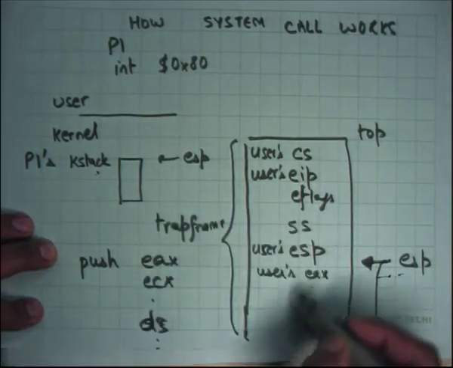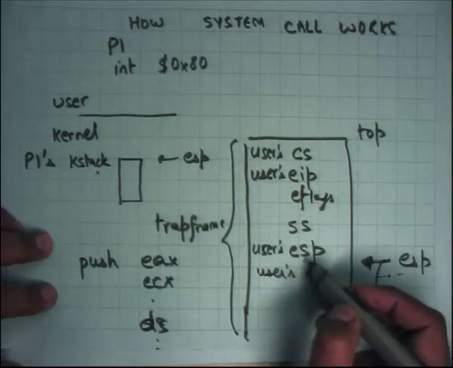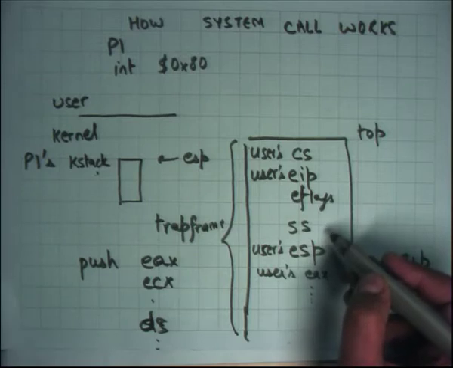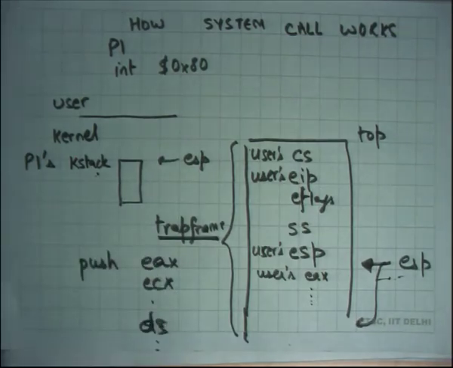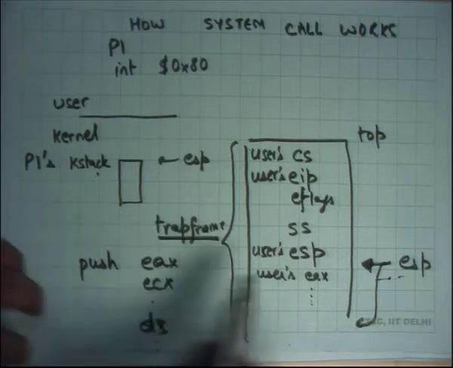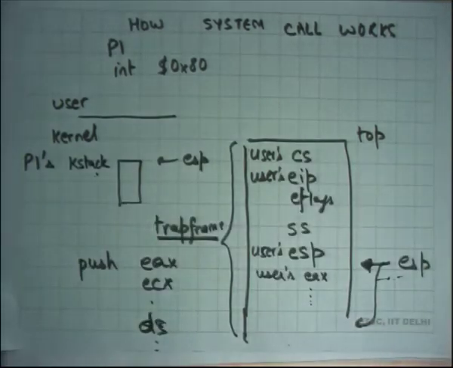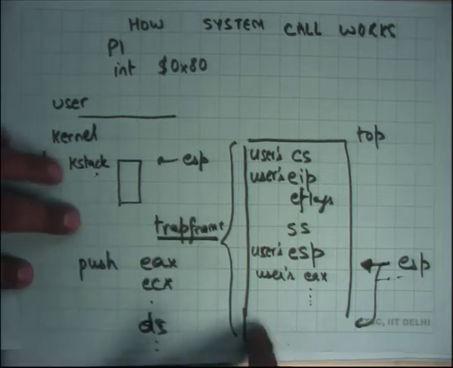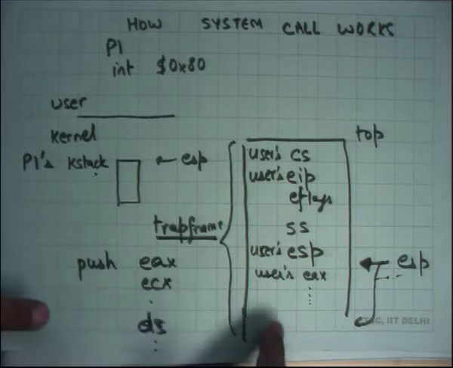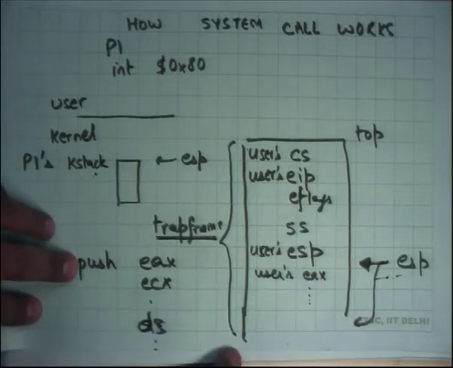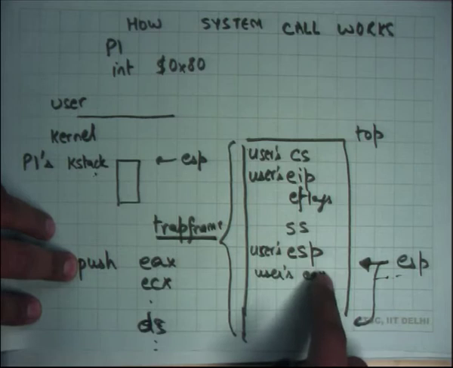It contains all the registers that have been saved by the handler, and it contains all the registers that were saved by the hardware, right. And this trap frame is important. The reason it's called a trap frame is because it's a frame that is initialized on every trap, right. And the reason it is important is because from here the kernel functions can figure out what were the values of the user registers at the time of the interrupt system call. For example, if it wants to know the arguments, it just needs to look into the trap frame. Also the return value can be passed through the trap frame. If I want to pass the return value in the EAX register, then all I need to do is just overwrite the trap frame EAX, right.